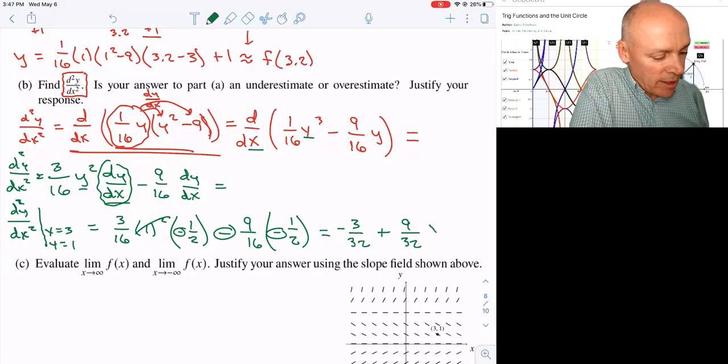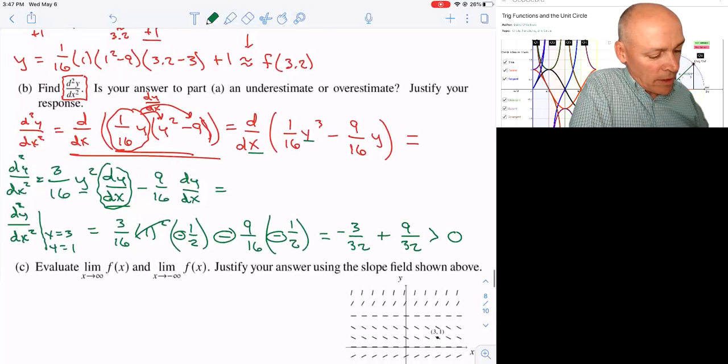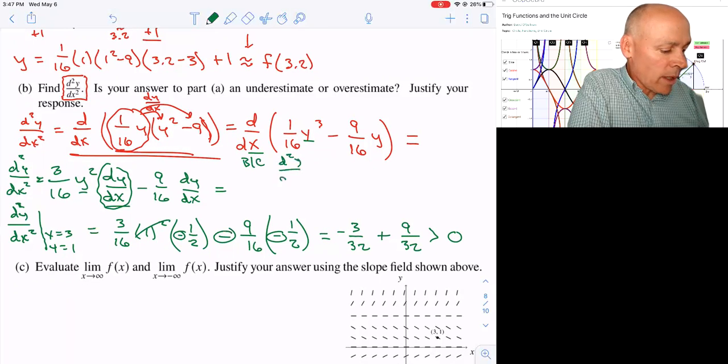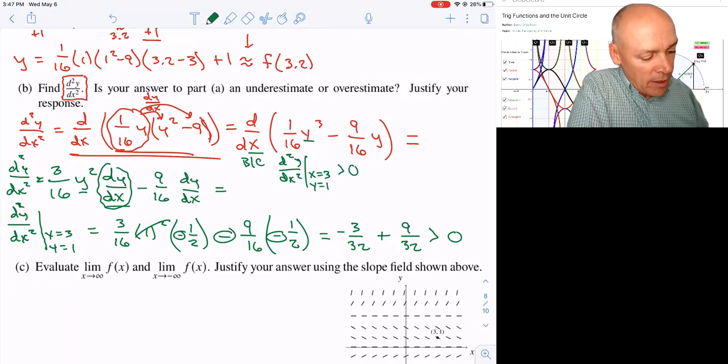Whoa, okay, well, I see right there, hey, my second derivative is positive. So I'm going to say, because d2y dx2 such that x equals 3, y equals 1 is positive, therefore, I'm basically saying f is concave up, and therefore